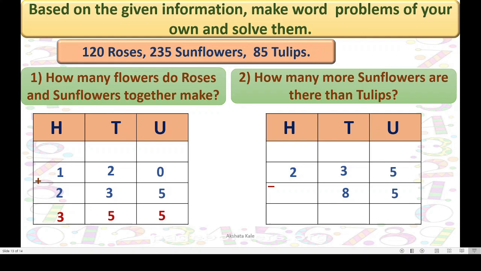Okay. Now we will subtract from the unit place. Unit place, here 5 minus 5, that is 0. 3 minus 8, not possible, so it borrows from the hundreds place, isn't it? So it becomes 13. That is 13 minus 8 is equal to 5, and here remains 1. Got this? Here 13 and here 1. Right?